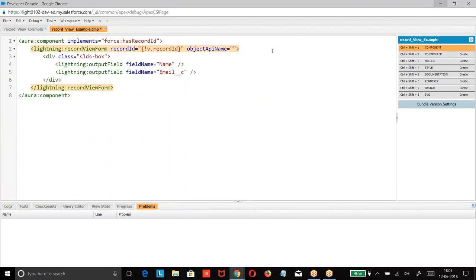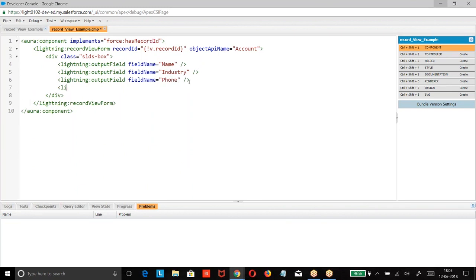What was this object name? When you say object name, let us say I am taking Account. So you are supposed to give the name of the field: name, industry. Then we can go with the corresponding fields here. Okay, copy paste it.